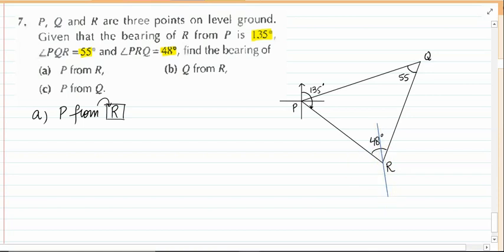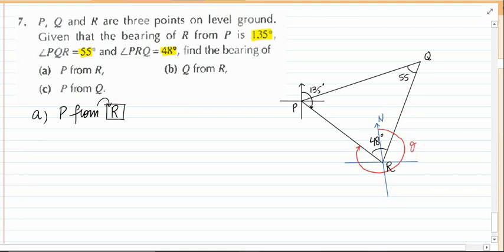So I made a north at R. It's a little bit tilted, but you need to make it straight. So that is north of R, and after that I am going to highlight the angle with the red pen, so it will be better understanding to find the unknown. From the north of R till the point P, this angle that we are exactly looking for,